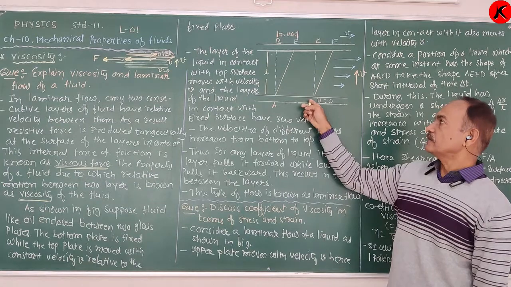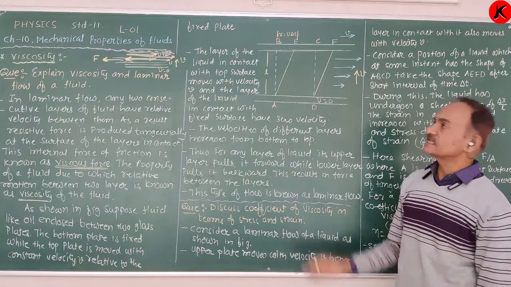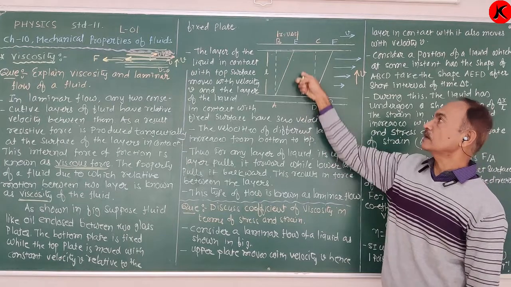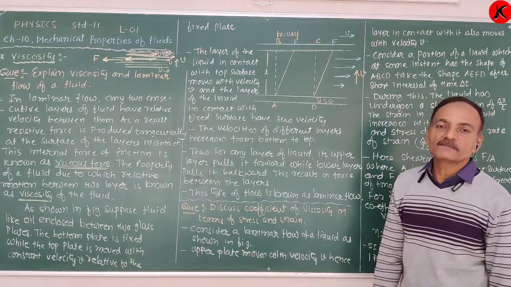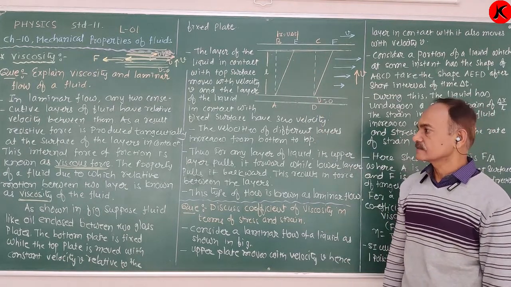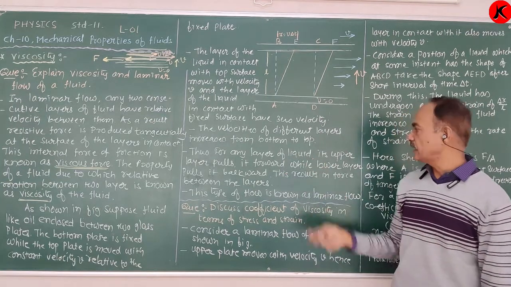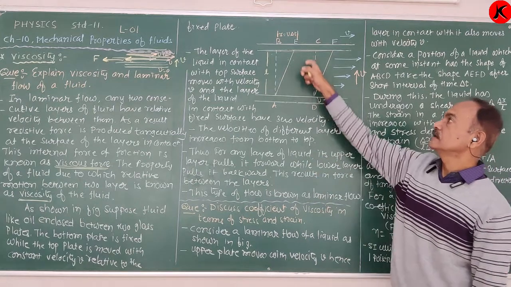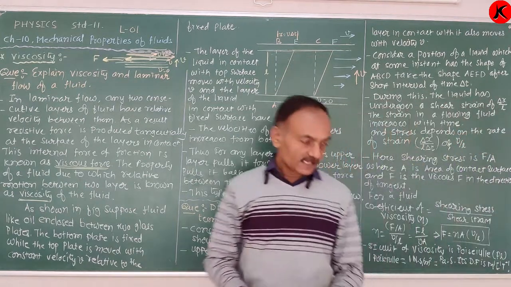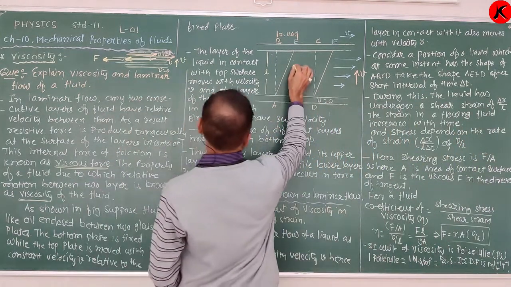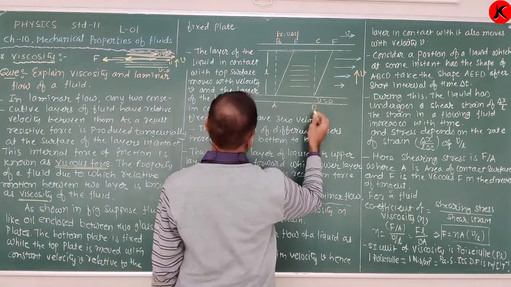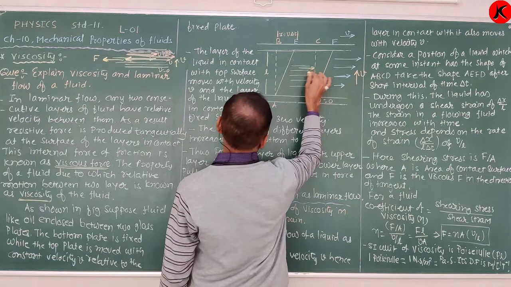Therefore, the velocity of the different layers increases from bottom to top. That means, as you go from bottom to top, the velocity of the layers increases. Thus, for any layer of liquid, its upper layer pulls it forward. Here we show the different layers: 1, 2, 4. So this upper layer pulls the lower